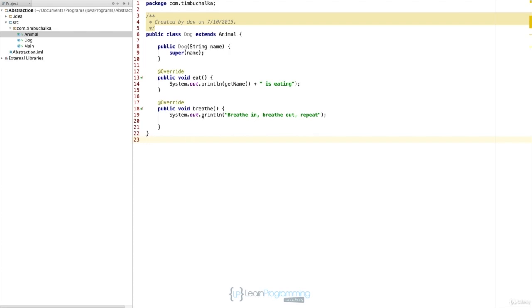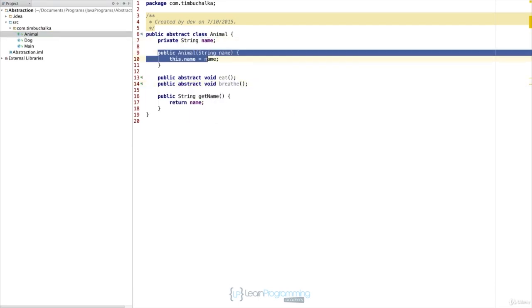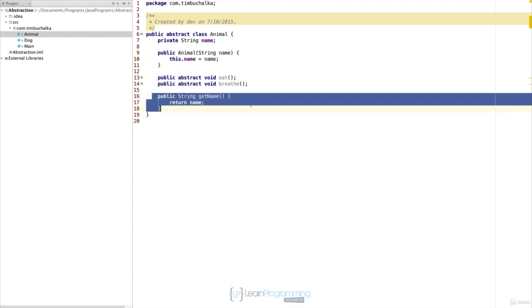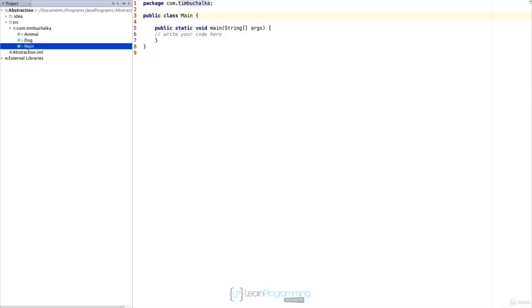But as you can see in the case of animal, we can actually mix it up. We can actually add fields. We can add regular methods, or a constructor in this case, but also a regular method, as you can see there with the constructor. But then we can also specify that certain methods are abstract, as you can see there. So in terms of actually using this, it works now as you would expect. So if you go to write some code,